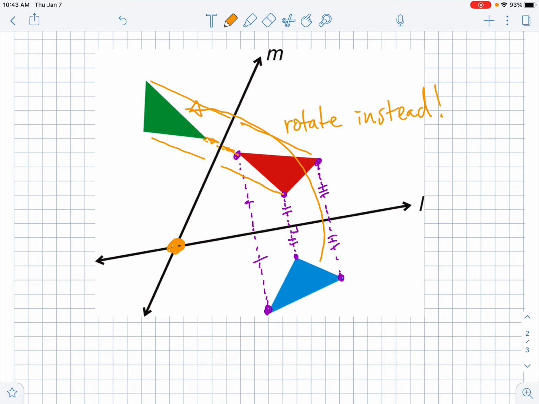Okay, guys, on your formative today, there's going to be a bunch of work with problems of reflecting and rotating, taking figures and points. Please use all the skills of, if it's a reflection, each point has to go the distance to the mirror on both sides. And then rotations, they should be fairly simple ones, like 90 degrees, 180 degrees, stuff like that. Okay, guys, I'll help you out in the